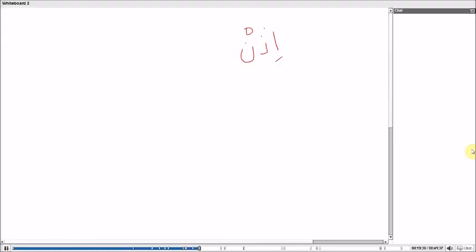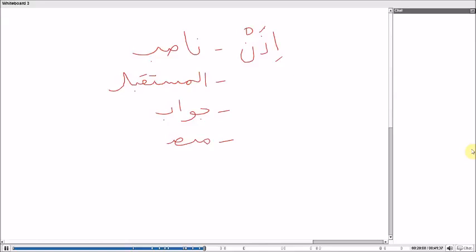right? Idhin, it's going to be a nasib of the fi'l mudari. It's going to be in al-mustaqbal. It's going to be a jawab, an answer to someone else's statement, right? And it has to be mu'tasal. Has to be connected to the verb. Connected, right? Except for like